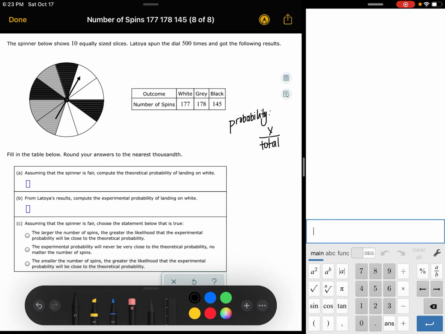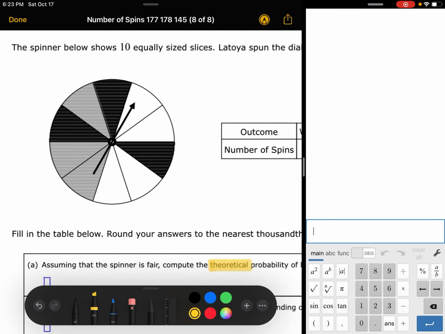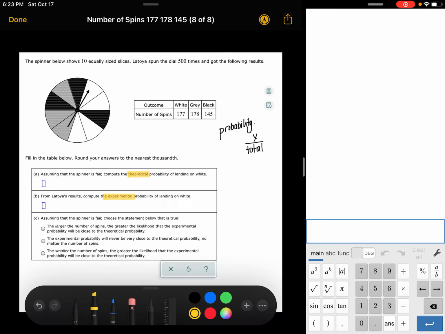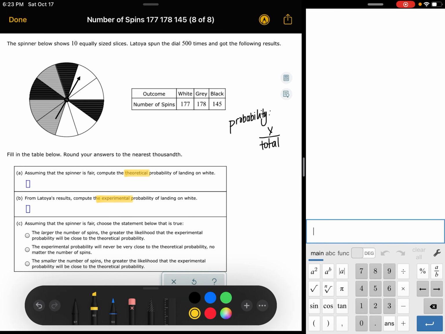So, experimental and theoretical probability are two different things. So theoretical probability is really just talking about an event in theory. What is your probability of something happening? And experimental probability is really talking about when you actually take the time to do it, what were your results? So this is talking about if I were to do this, and this is saying, well, I actually did it. Okay. So let's just start with what it has.